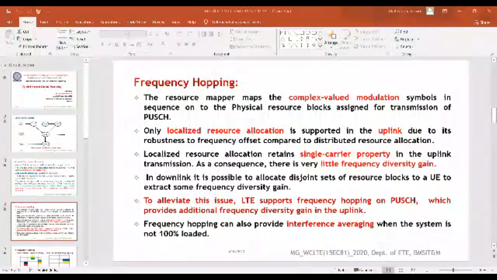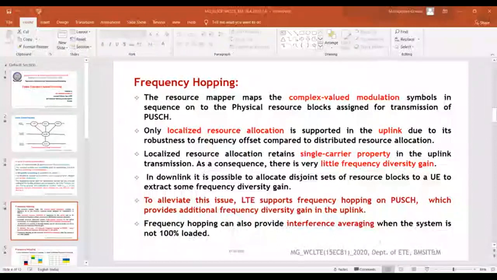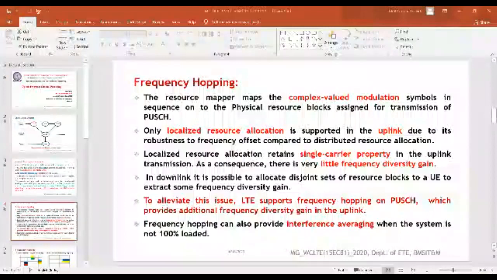So to overcome this problem, LTE supports frequency hopping on the physical uplink shared channel. With that, it is possible to have some more frequency diversity gain in the uplink. And as I said, the frequency hopping also provides interference averaging when the system is not loaded 100%.